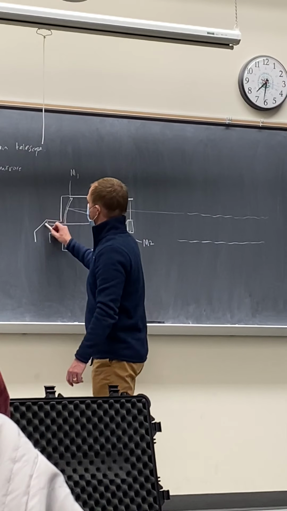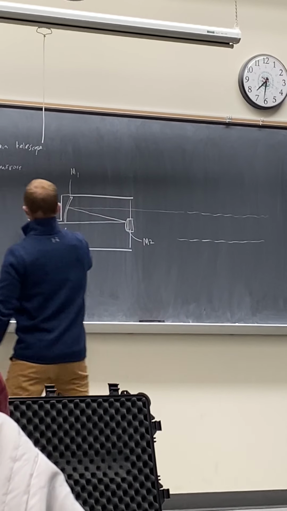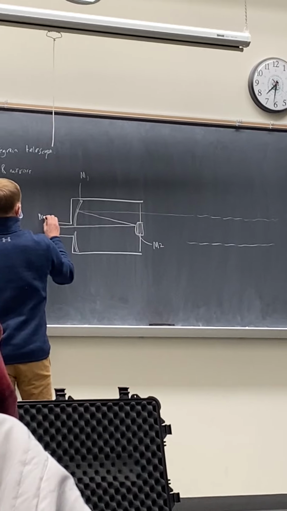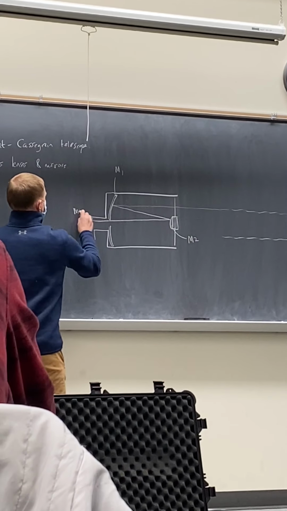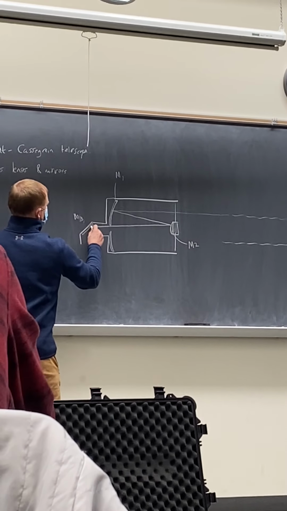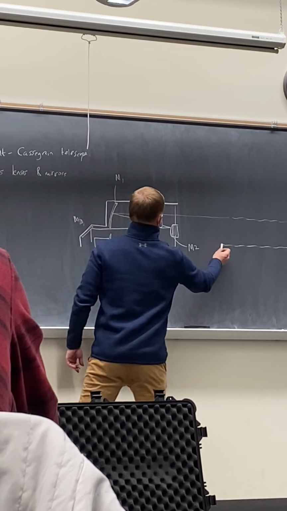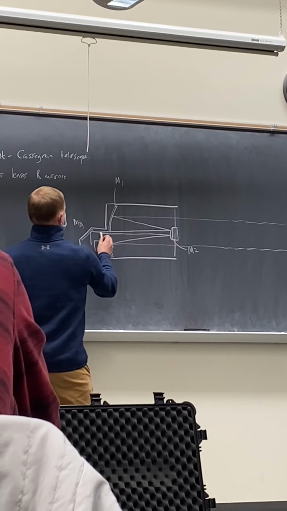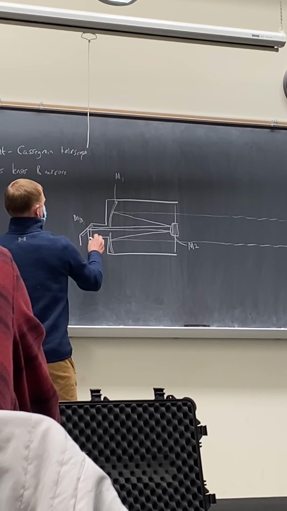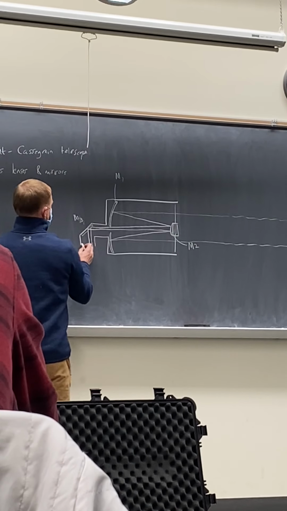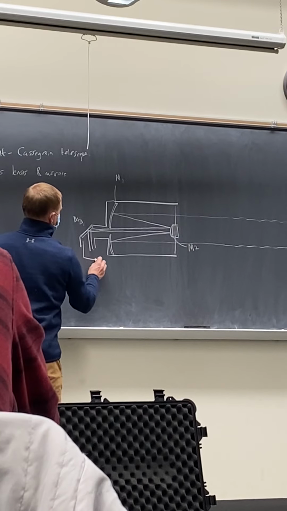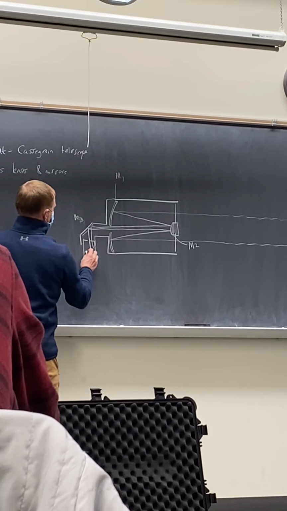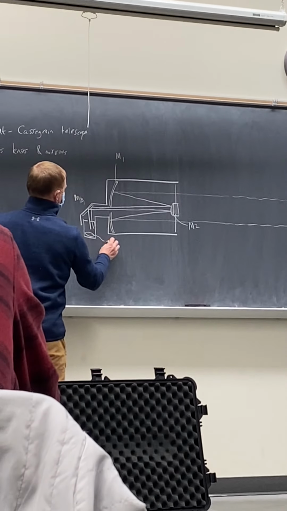There's another mirror right here in the star diagonal. I call it mirror 3, I suppose. And then from there, it comes down, and let me draw another line here so you get a sense of it, boom, boom, boom, like that. Bounces right here, so you get these light rays. And then over here, you've got your eyepiece lens. Okay, so there's a lens right here. This is your eyepiece